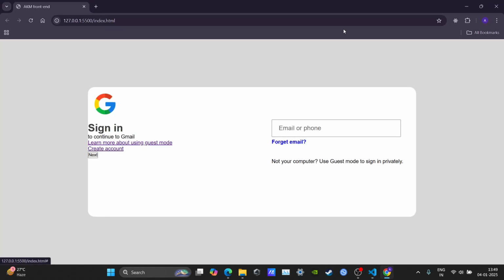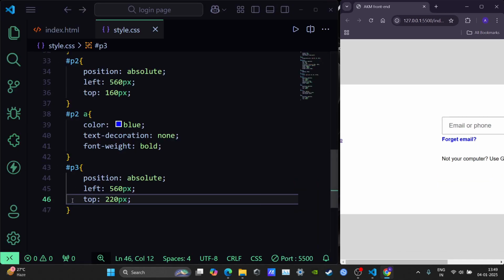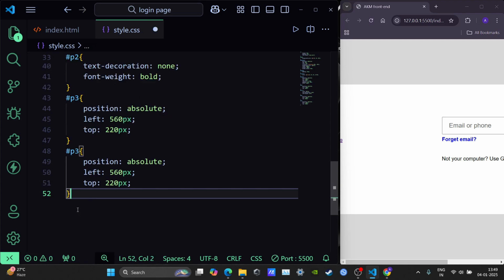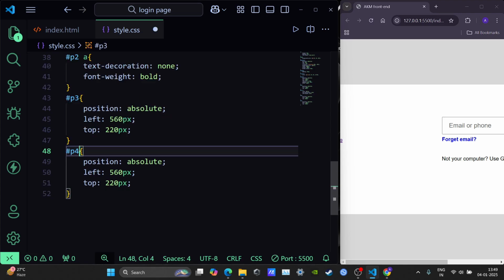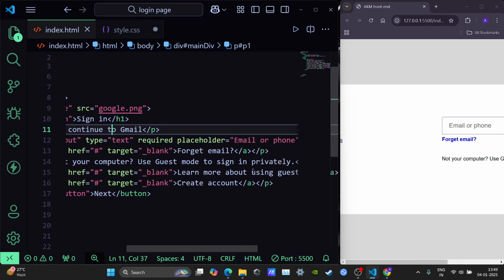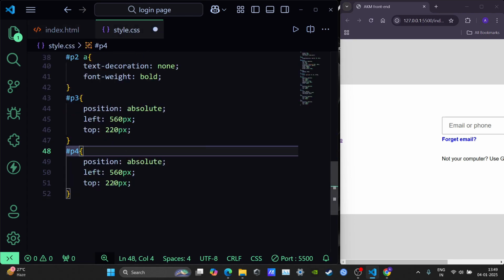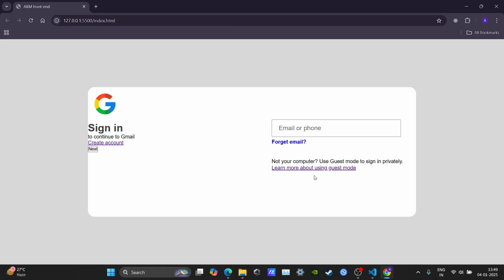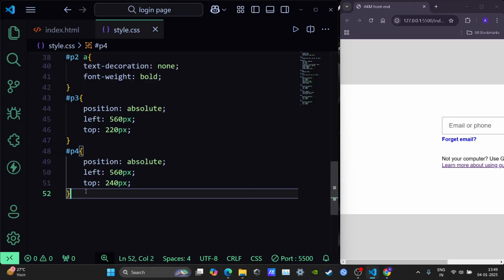Now we have to take this as well. I will copy this P3 because I'm feeling lazy, and I will change it to P4 because this is our P4 tag, right? You can see learn more about guest mode. First one, let's say 240. Okay, you can see, and since this is a link, we need to change the appearance of it,